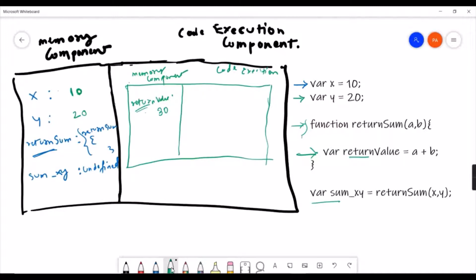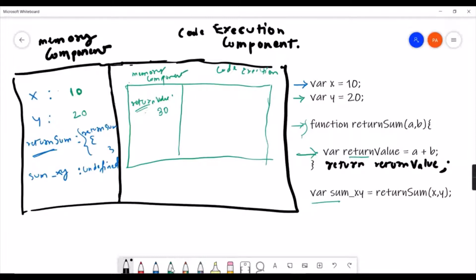Okay, oh, so we are missing a statement over here, so I'll just add it. There should be one more statement over here before the function ends, that is nothing but return value. Okay, just consider this line also. Okay, so once the value has been calculated, we will return this value to this variable, right?